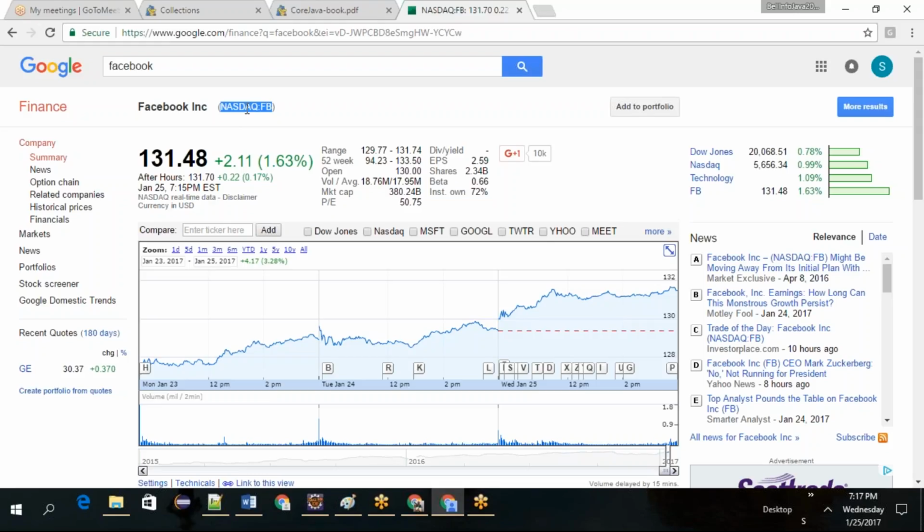So the shortcut name of Facebook in NASDAQ, the value, the max range in the last 52 weeks, the market capitalization, the number of shares, and P/E, price per earnings ratio. Take all these properties as input for the test stock,